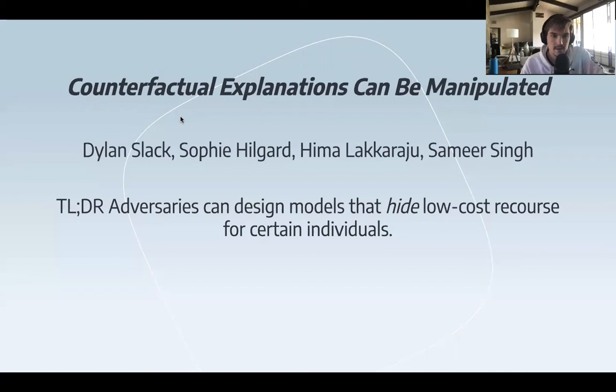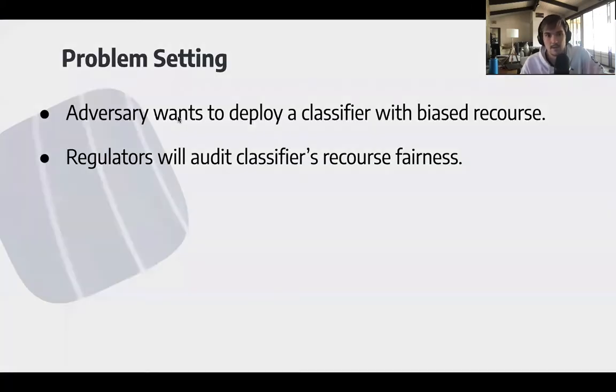So moving on to how counterfactual explanations can be manipulated, we're going to consider a related but slightly different problem setting. So the adversary is interested in deploying a biased classifier, but here we interpret bias as a bias in recourse. So what this means is that between two groups in the data, so in a loan application setting, men and women, do people denied loans have similar recourse? So on average, we'd expect for a model to be fair, both men and women to have to do the same amount of work to get recourse.